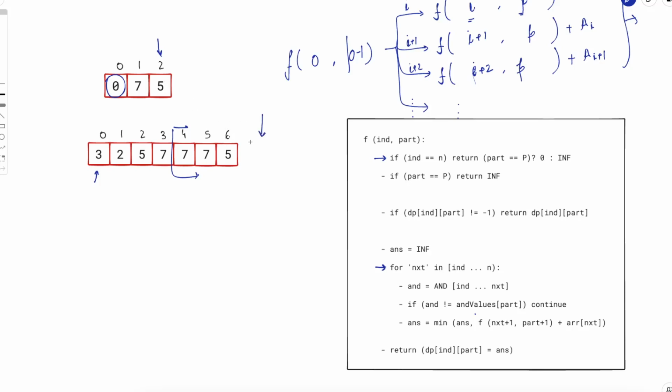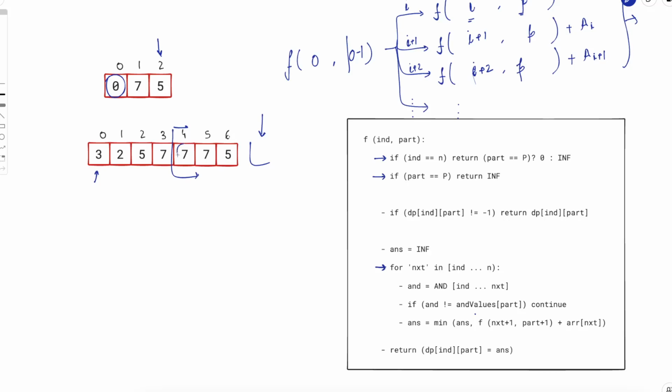So it means that from 0 elements you need to create one part with AND of 5. That is impossible, right? So that's where we return infinity, a very large value, because we are taking minimum, so infinity would nullify that. And similarly, the second base case would be if we have exhausted all the parts, but we still